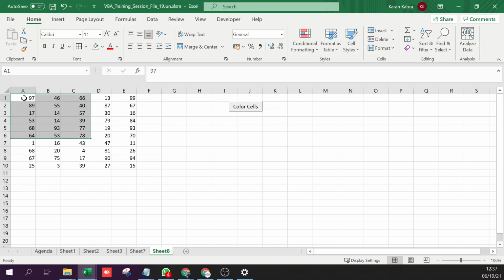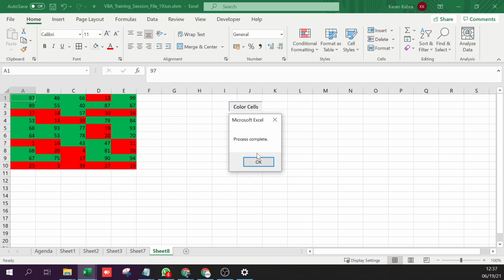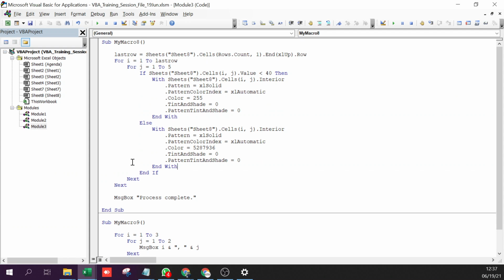And run it once again. Right? That's how everything is now coming together. Everything that we learned, we're trying to put it in one simple code.